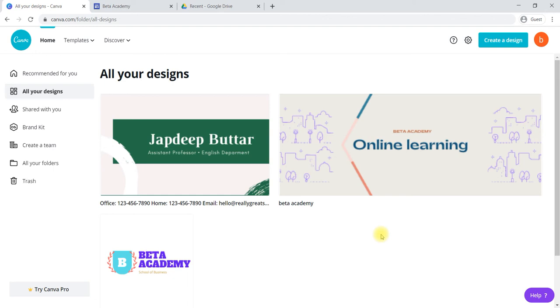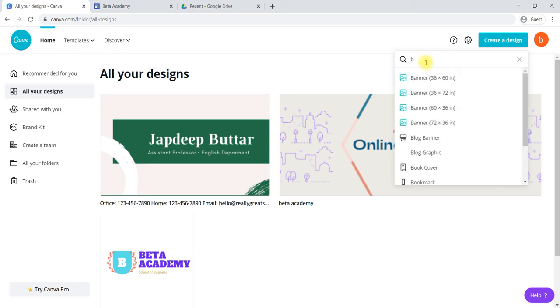Now we are going to check the different types of templates available for a brochure. For example, you are running a business and you would like to get all your products into one colorful brochure and print it to distribute among your clients. At that time, you can go to Create a design,